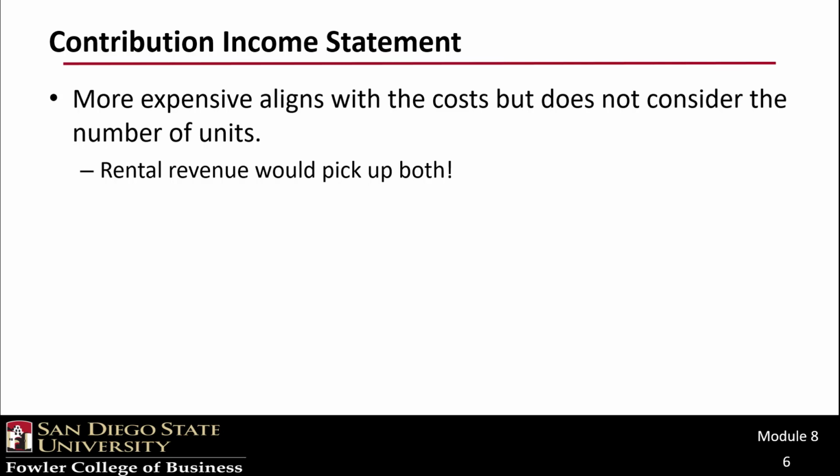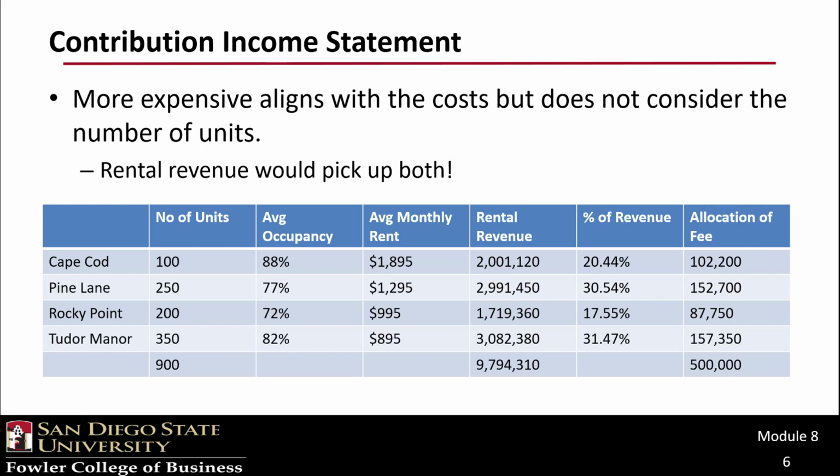So what we need to do is maybe use rental revenue, because that picks up not only the more expensive, which, as we know, management says we spend more time with those, but also equates to the number of units or the number of apartments being rented for both. So we can set up a schedule that calculates the rental revenue. So obviously that's going to be the number of units times the average occupancy times the average monthly rent times